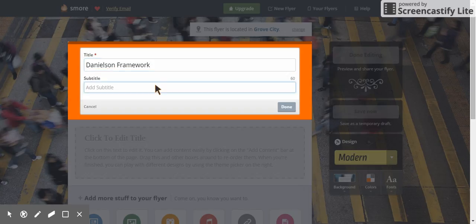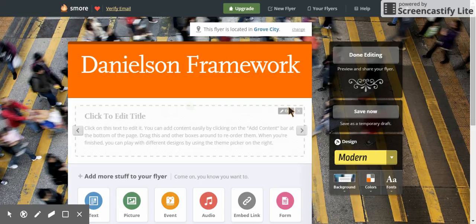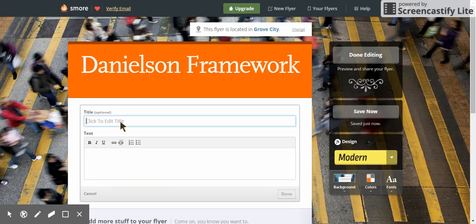If you don't want a subtitle, you don't want to just leave it blank because otherwise the text add subtitle here will actually show up. So I don't want a subtitle, so I'm just going to hit my space bar to put a space there, hit done, and there we have no subtitle right here. You can put another title under here as a subtitle. So here maybe I want to say Domain 1, Planning and Preparation. And here I can put a description with details,